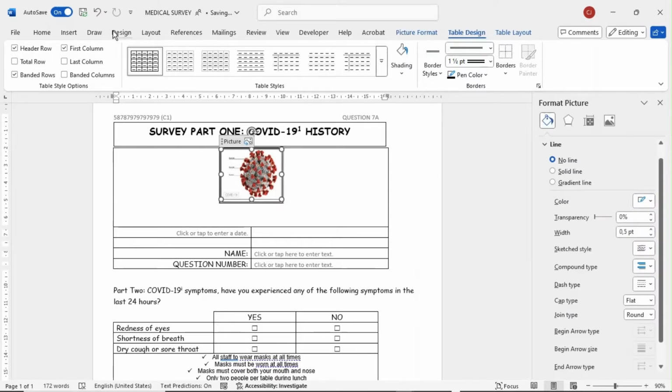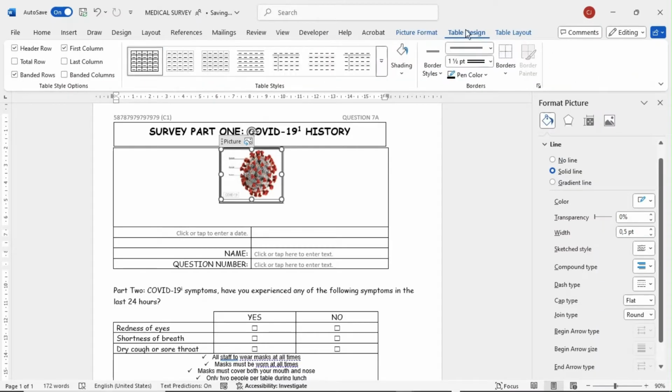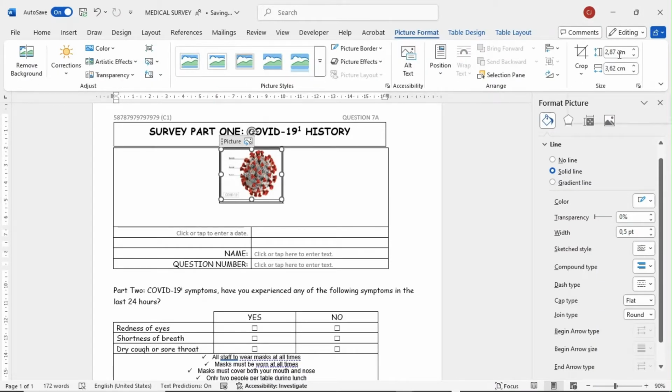Okay, just confirm that your size is still correct. Yes, there was some movement in the picture.